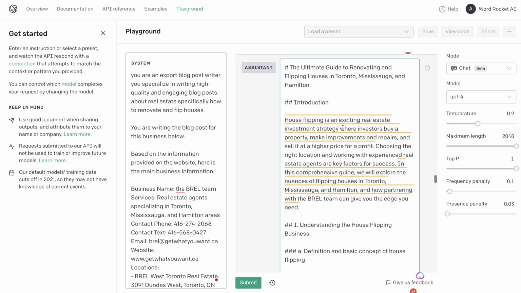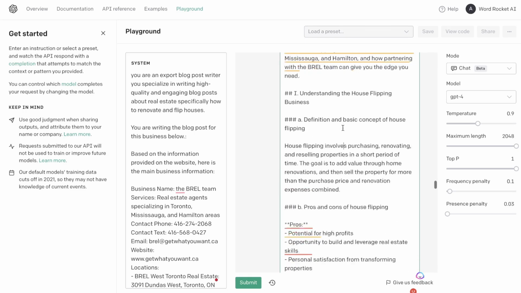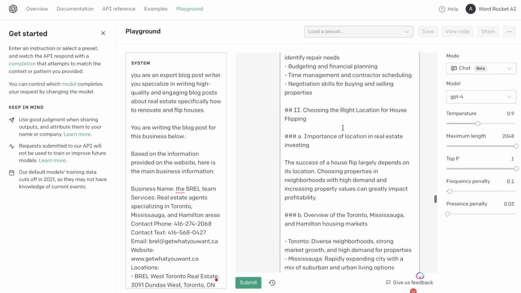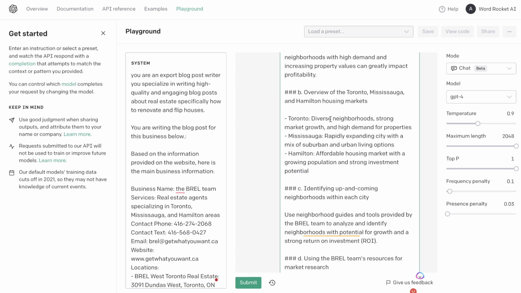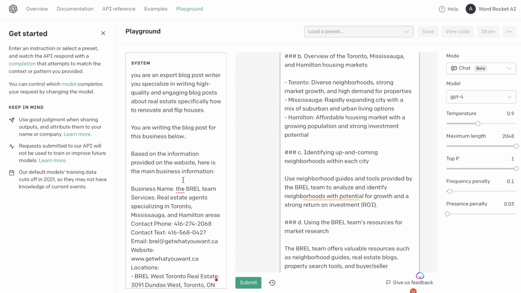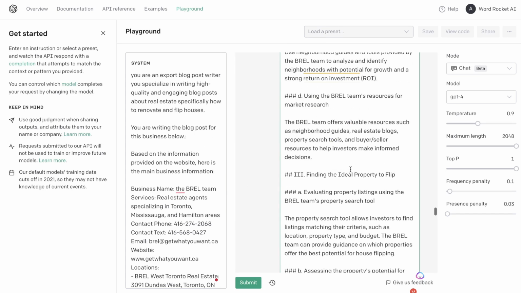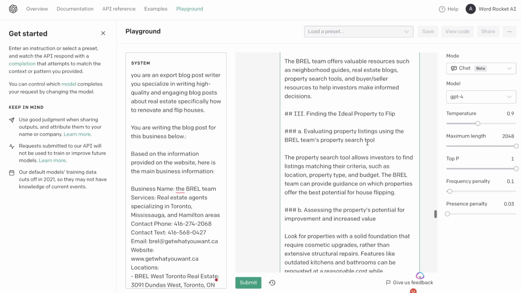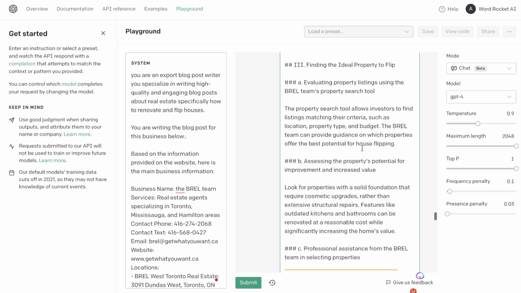But as you can see here, we get a pretty decent blog post. It talks about the pros and cons of flipping a home, choosing the right location. It's specific to Toronto because that's the information which we entered within the system. And it talks about that business, which again, we included within the system. So if you have a business, I definitely recommend including that information because it will naturally include it throughout the